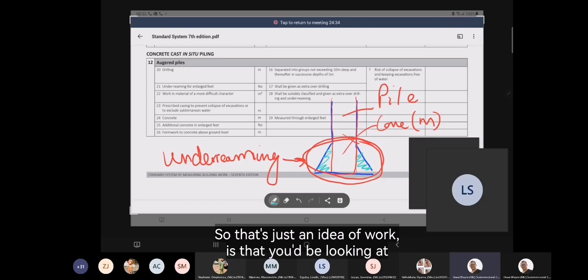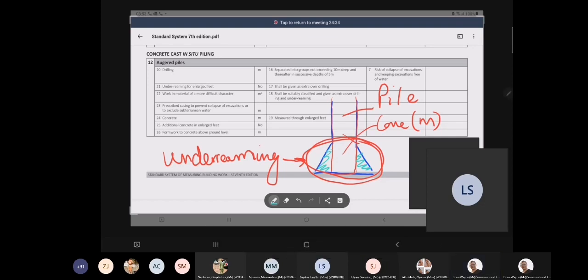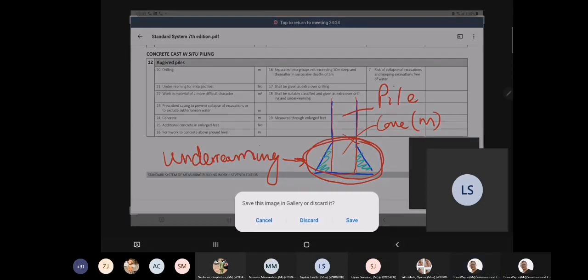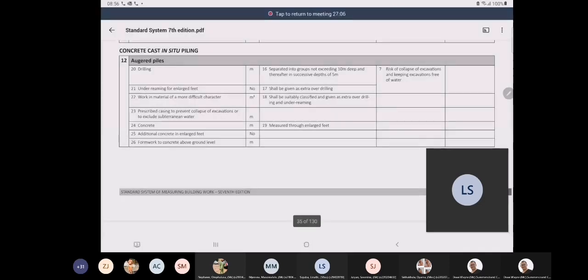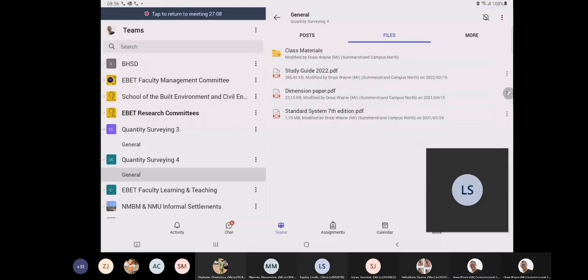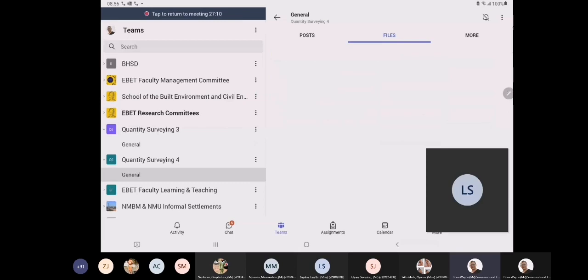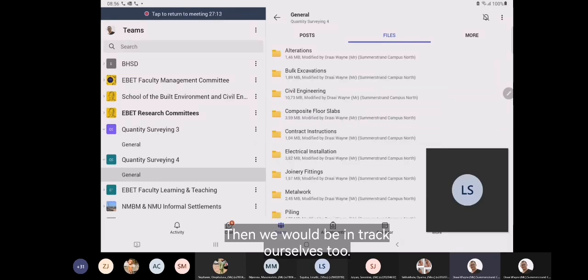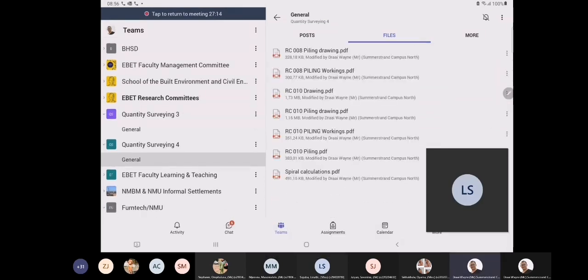So that is just an idea of what we would be looking at insofar as the piling is concerned. Are there any questions at this point? Nothing. Okay. Then we would take ourselves to our first drawing,